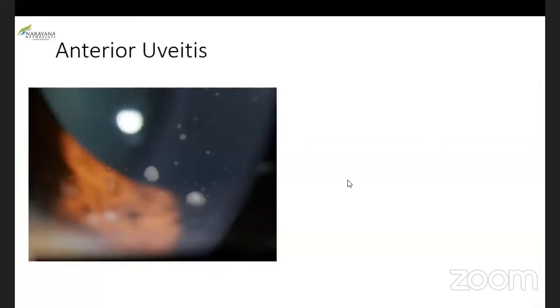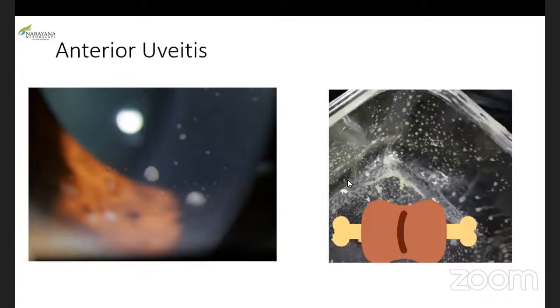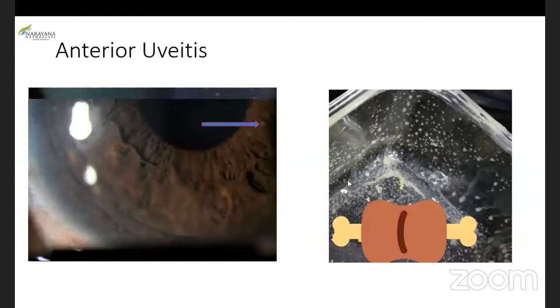And this is how large granulomatous mutton fat KPs look. They look exactly the same as the real mutton fat in my tiffin box. So that day I was convinced that somebody has found the most appropriate term to describe those KPs. The patient also has Busacca nodules, multiple Busacca nodules. One has to use appropriate illumination to demonstrate these Busacca nodules.